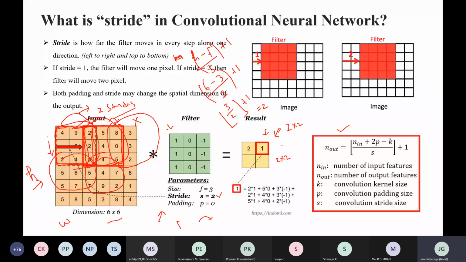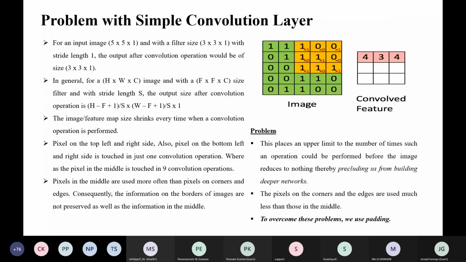One important problem with the stride is, if the stride value increases, the convolved feature or the activation map size will be reduced. Due to this, you cannot increase the depth of the network, because in the first layer you will get 3 cross 3.